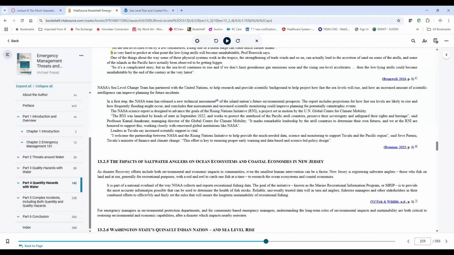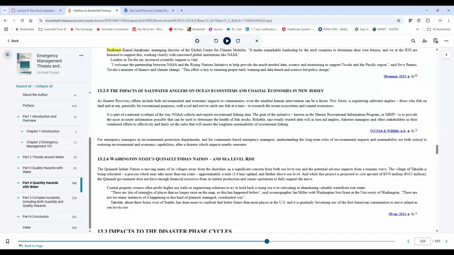Next up is a saltwater angler story, which is found of New Jersey. So I found this one, and it was that their state is registering saltwater anglers, those who fish on both land and in sea, and how they catch one fish at a time, basically, with a rod and reel, and they're studying the information that they're getting to get data back on how the fish stocks are. So the link is for there, and the idea for this is probably more along Mitzi's line, but environmental protection, community-based emergency managers understanding the impact of the environmental and sustainability. That is your economic and your environmental, all the positive aspects fishing can have on a community.